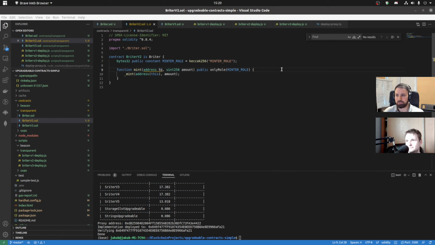Then we'll create a fix, we'll deploy it, we'll upgrade it, but using Defender and multisig, and it will make it much safer because you'll need a specified amount of accounts of people to approve the upgrade before it goes